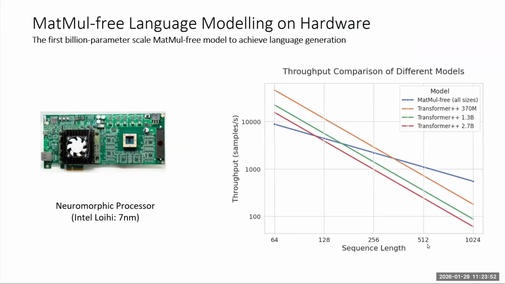So let me step you through what the results look like. On the x-axis, I have sequence length. On the y-axis, I have throughput, the number of tokens generated per second. Higher is better. Most of these colors are all a regular transformer model. So transformer plus is kind of a very representative model of, say, Llama and most open source LLMs that are out there. In blue is matmul-free, and I say all sizes because we just sort of changed the number of cores used to normalize everything.